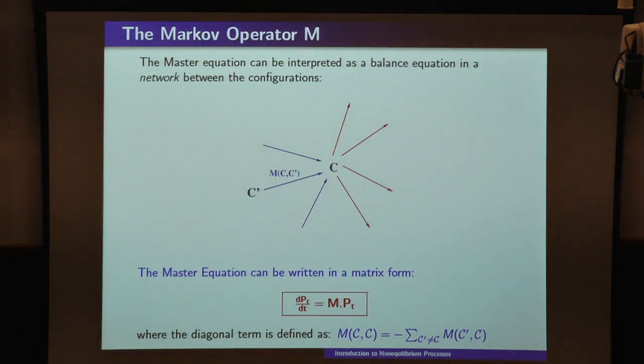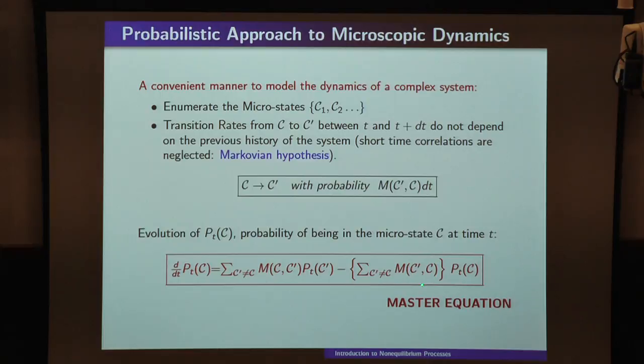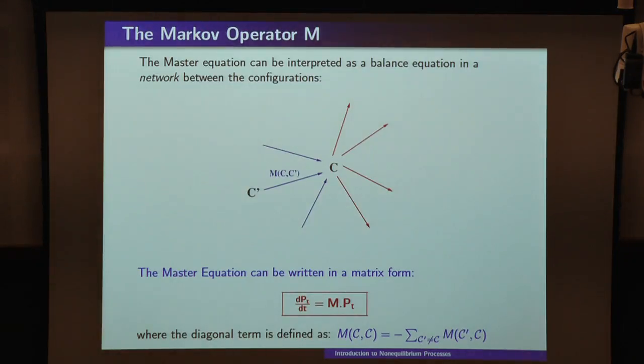And so you can represent this Markov process as a network amongst configurations, and arrows represent possible transitions, and they are weighted by the rates. And as you all know, if we decide to call this negative term minus the total exit rate from a given configuration, we redefine it as a diagonal term with a minus sign, then